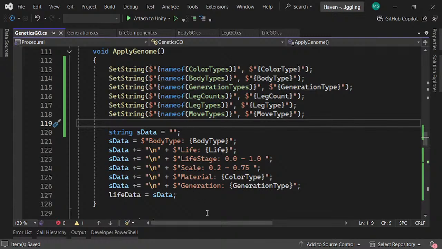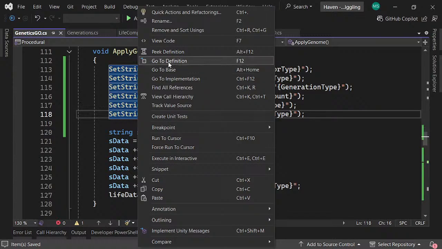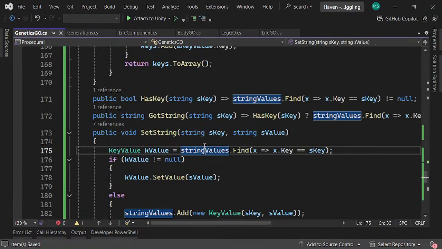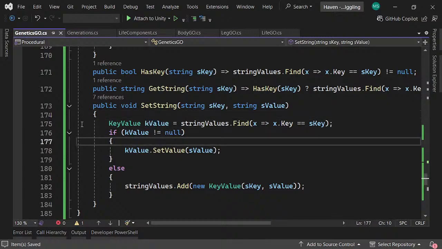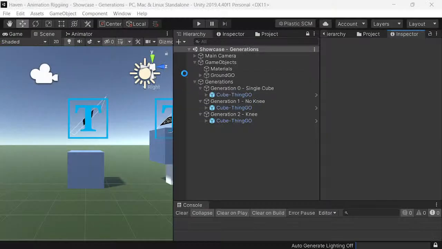This will be so much easier as well because I can just loop through all the keys and get the displays. Okay, let me look at this. So we're finding the key. If the key equals the S key here, then we're taking that value. I guess we could just hit attach to Unity and hit,